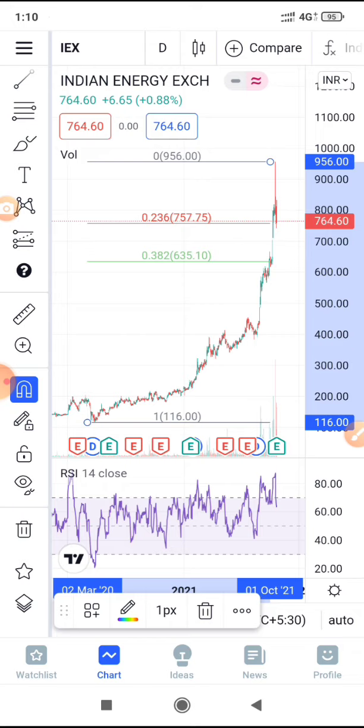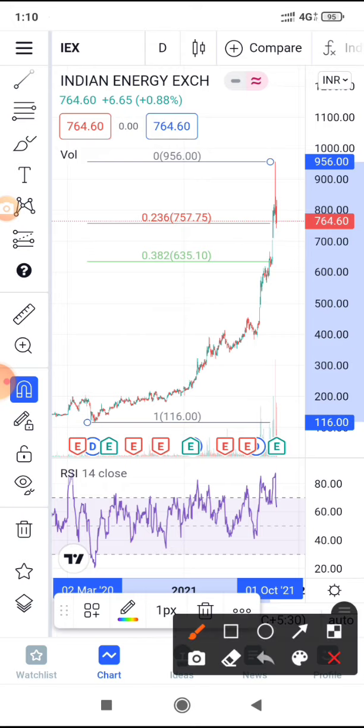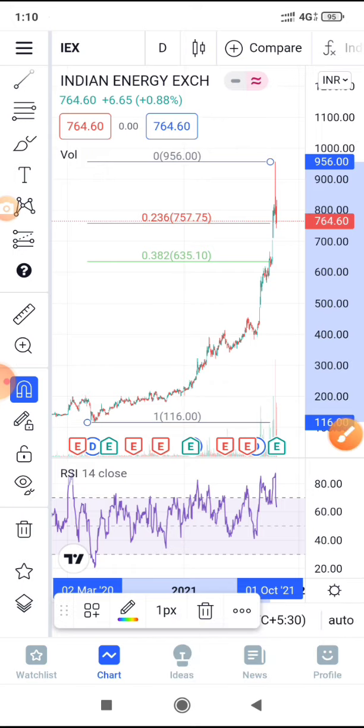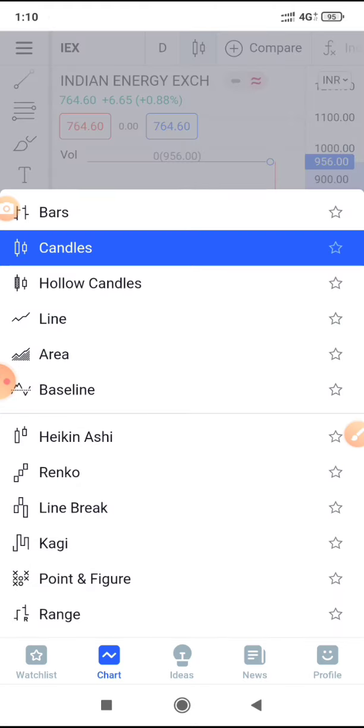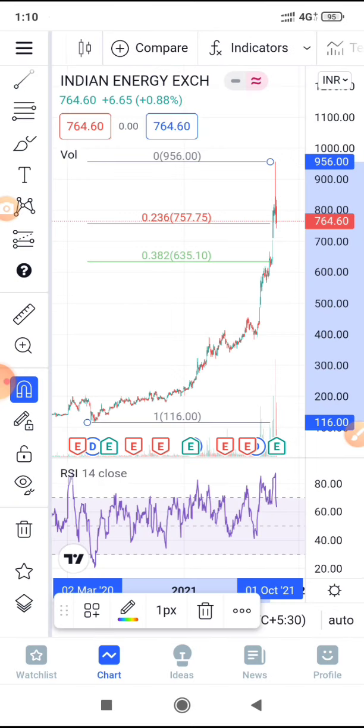So many of you might not be able to access the TradingView site during day trading. Then you can access it from mobile. This app is very useful. It does not have many bugs, and you can just use it to draw trend lines, to find out support and resistance, to find out the Fibonacci. You can add some indicators. You can change the candlesticks, bar charts or line charts, whichever you prefer. All the stuff that is available in the world of technical analysis is available on